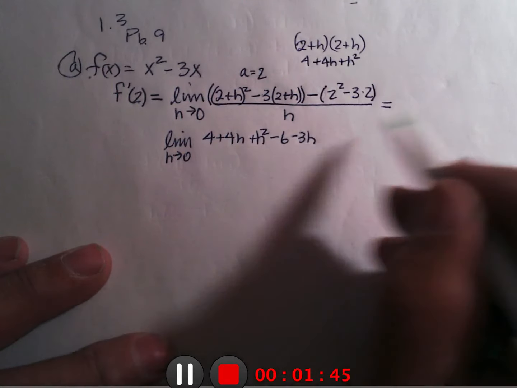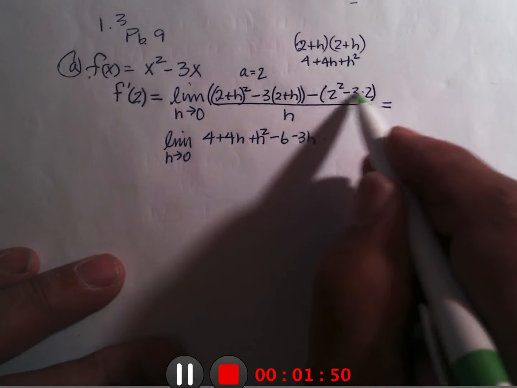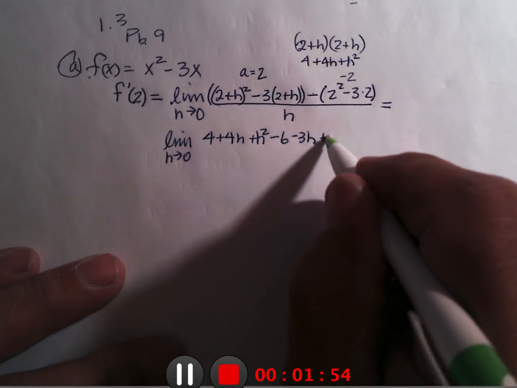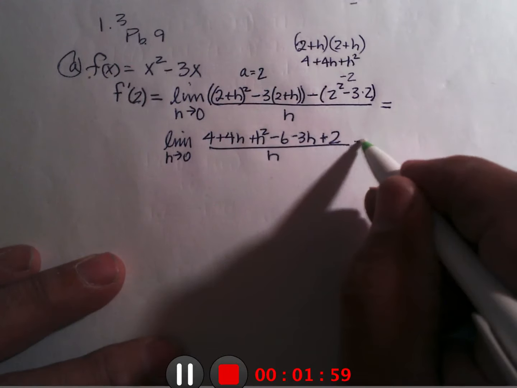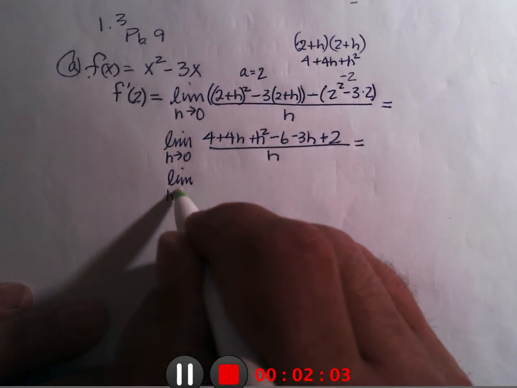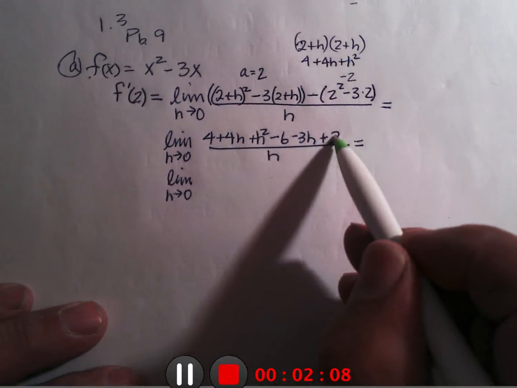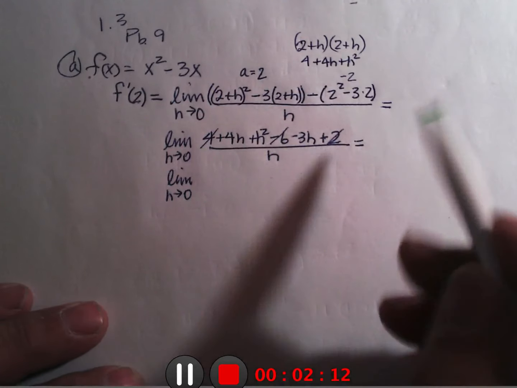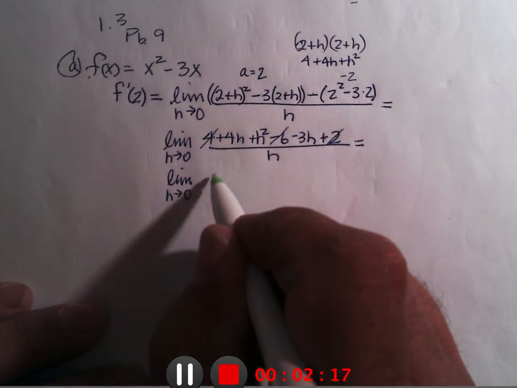And then, see, that's 4 minus 6, which is negative 2. Subtract the negative 2 is plus 2 over h, which becomes the limit as h approaches 0 of, so we've got minus 6 plus 2 is minus 4 plus 4. Those are all going to cancel. And so I got 4h minus 3h, which is 1h plus h squared